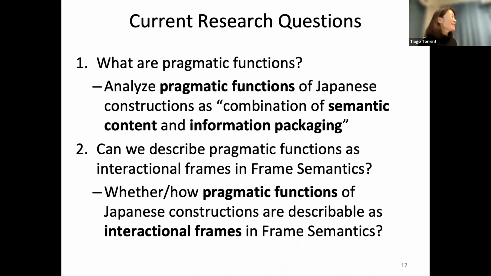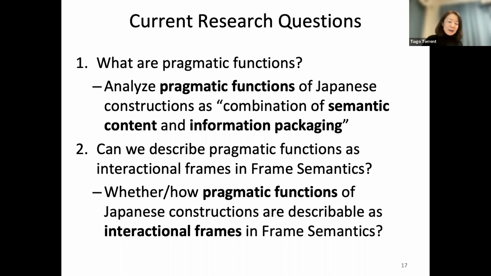I think it's really difficult to come up with an exhaustive list of pragmatic functions, especially since in Japanese there seem to be very elaborate functions built into many constructions. If I can get some feedback from you, I would really appreciate it. But currently, I don't think I can make an exhaustive list of pragmatic functions,